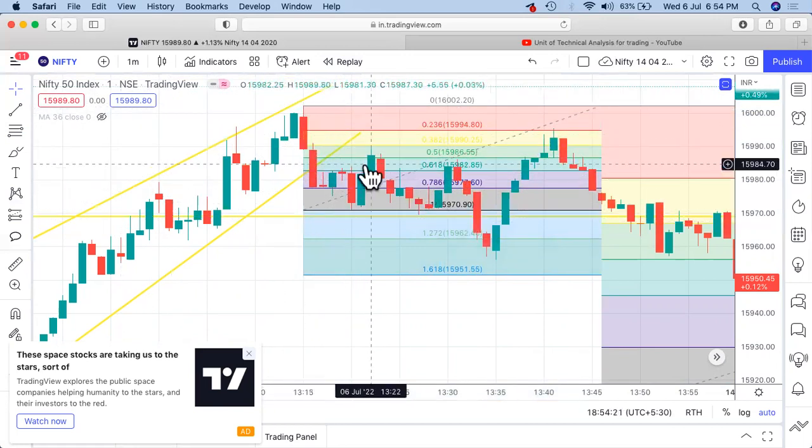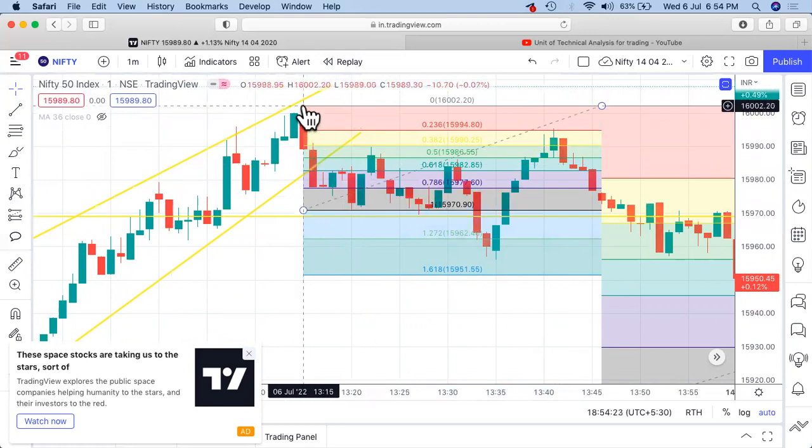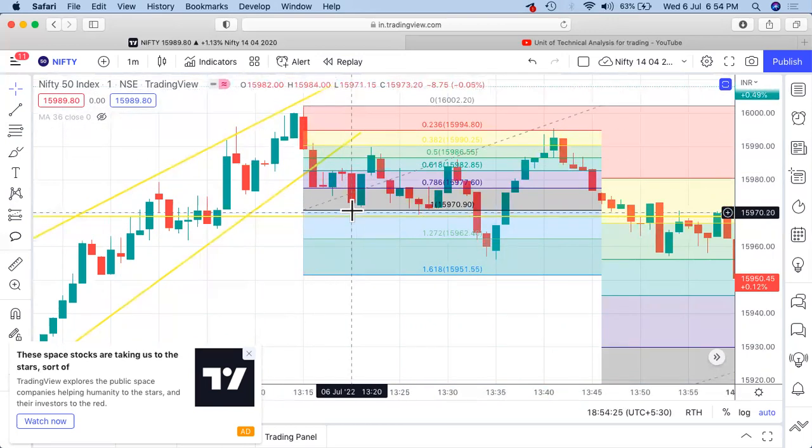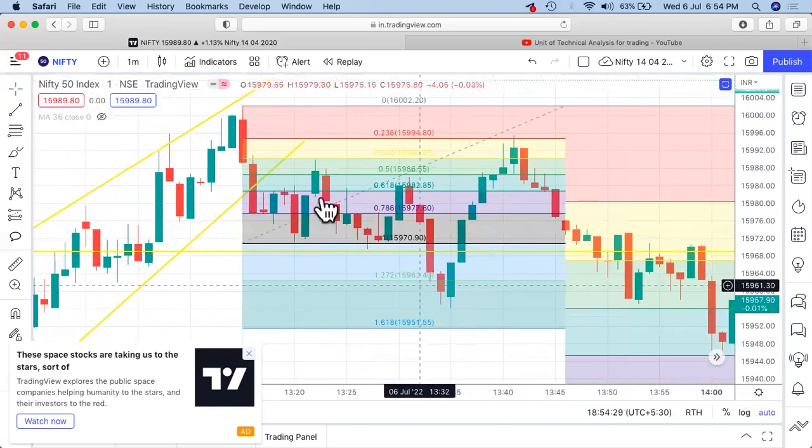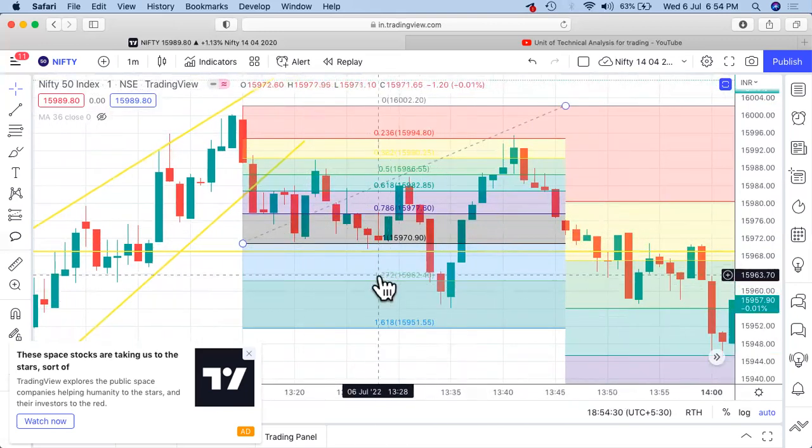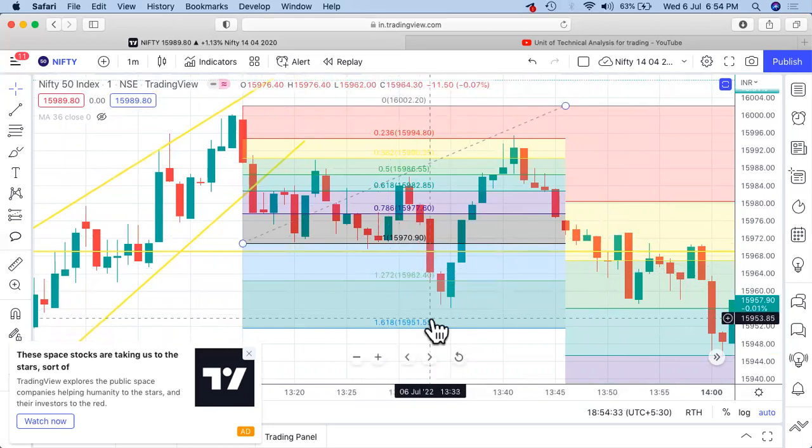And after that I wait for a reversal. So after getting this high, you get a low, and after that this reversal has been formed. And after the reversal, generally you complete one target, which is either 1.272 or 1.618. Now, if